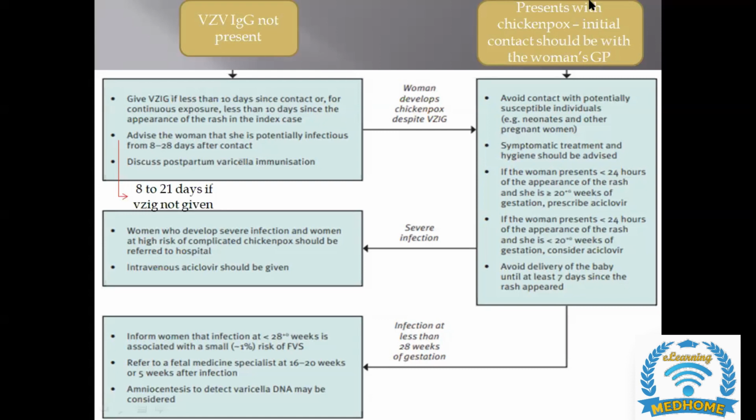Even then, if we have a suspicion, we can go for amniocentesis. That is why they say first anomaly scan and then amniocentesis. Then we will take a decision after discussing with the woman.